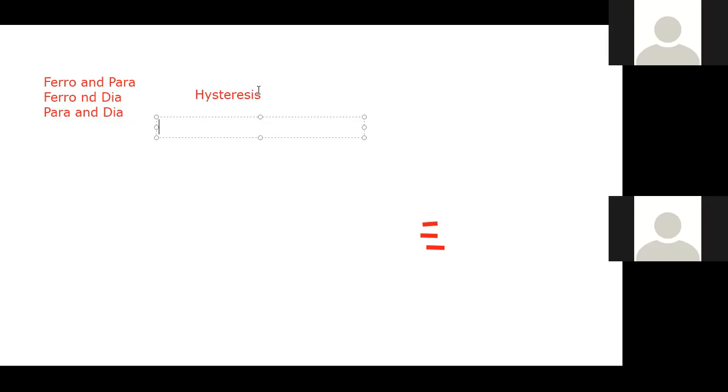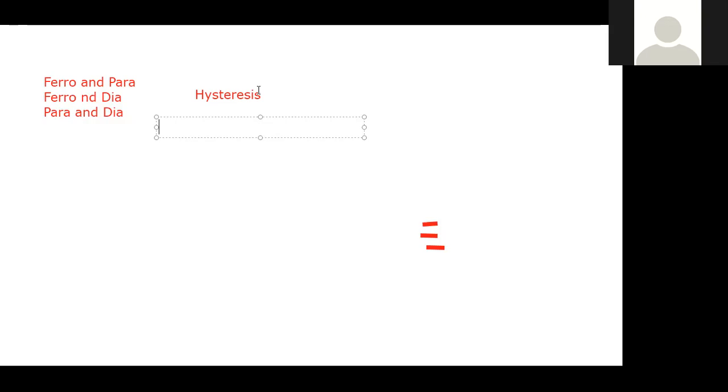You just keep adding. Now, in other words, when you want to remove or demagnetize it, you can also demagnetize to a certain point where you also get saturated, but in the opposite direction. That means it has gotten to a point whereby anything you do to it, it won't have any effect on it. You can hit it, do anything, because you've already taken away the magnetism in it. So no matter what you do, it's also magnetically saturated in the opposite direction.